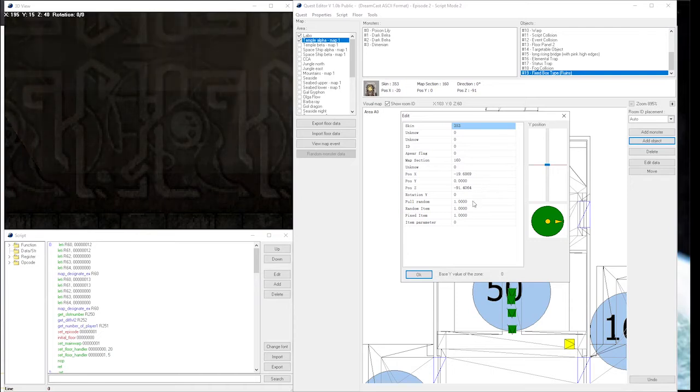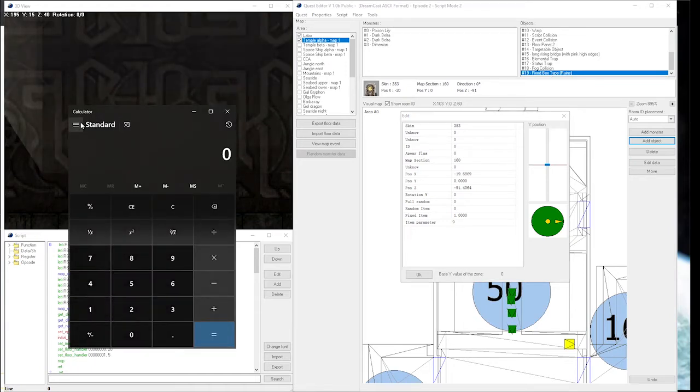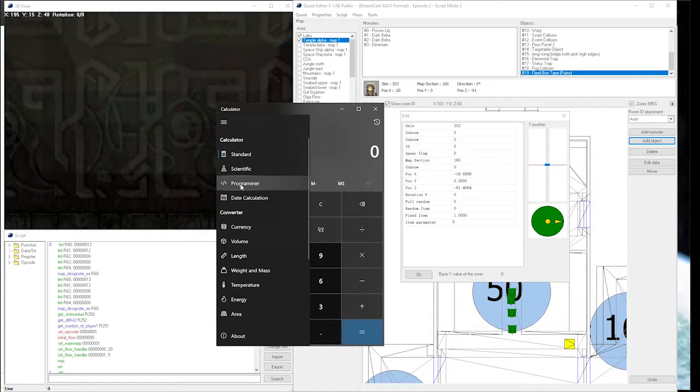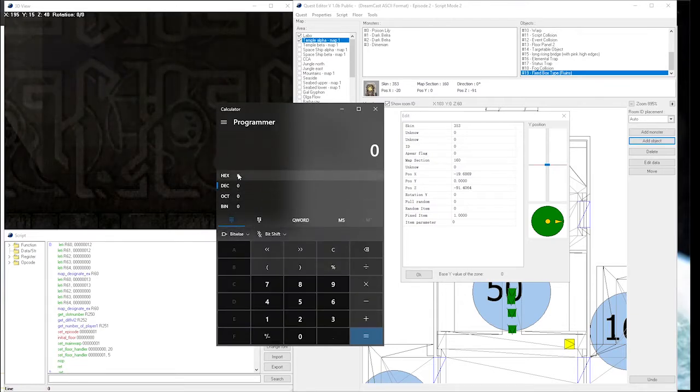If you want to do a fixed item, you're going to want to set both random and full random to 0, and you're going to leave fixed item at 1. And you're going to change your item parameter. For this one, we're going to put a soul atomizer, just for an example. The way you figure this out, take a calculator. The Windows calculator works fine. You want to click this top left button here, change it to programmer mode, and you get a hex calculator right here. So the item hex for soul atomizer is